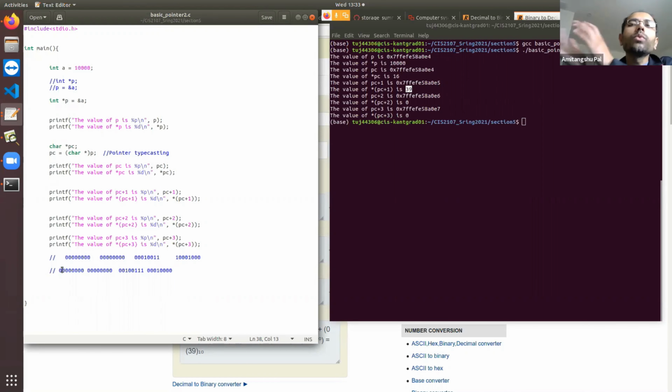We have learned pointer to an integer, right? Now let's learn pointer to pointer. So pointer to pointer means we have learned that a pointer stores the address of a variable, right? So that means a pointer can also store the address of another pointer, right? So that's why we call it pointer to pointer.